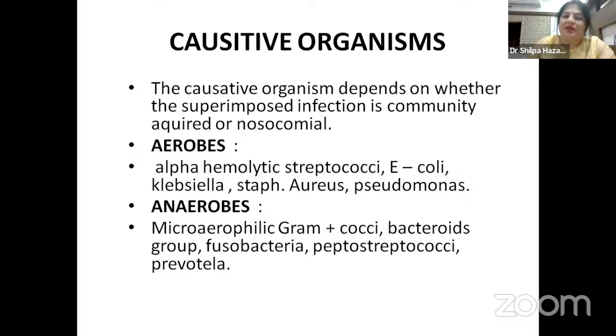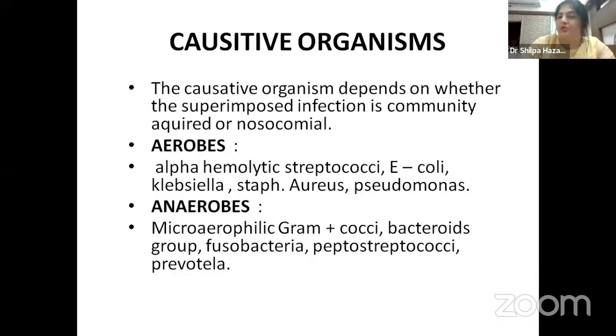So what are the causative organisms? We have aerobes as well as anaerobes. Aerobes are more likely when the gastric contents are not involved, for example if there is only a swallowing dysfunction, or if the child has aspirated from the pharynx only. This applies to normal children or neurologically impaired children with swallowing dysfunction, or those on ventilation who are aspirating their saliva beside the endotracheal tube. They will develop these aerobic secondary bacterial infections as aspiration pneumonia.